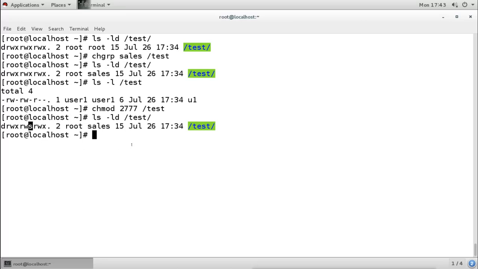The file which is already in the directory is not changed.